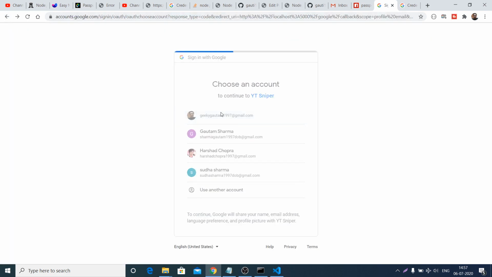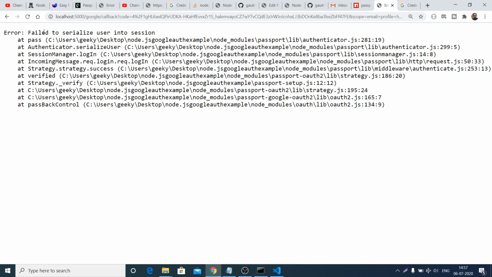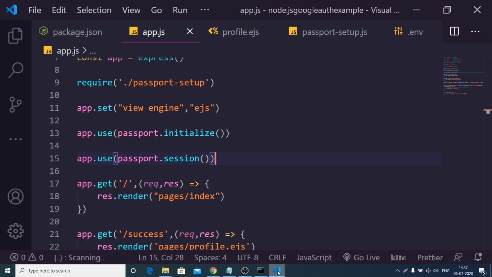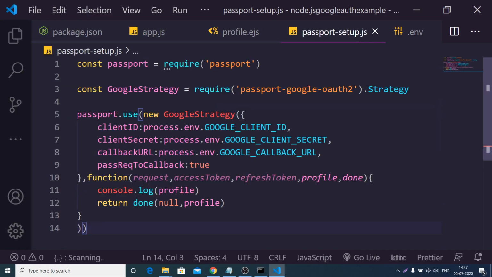Just wait. Again it is there. If I click this account, again this error will come: failed to serialize user into session. These are the two functions which are required inside passport setup.